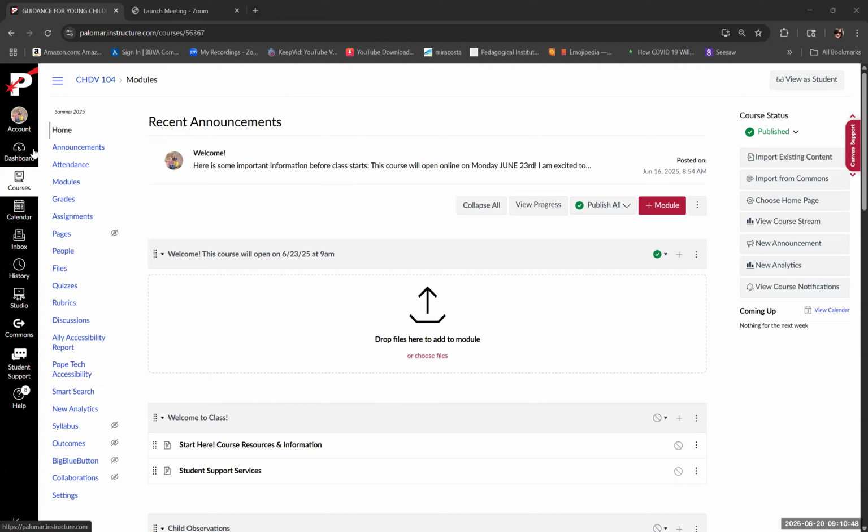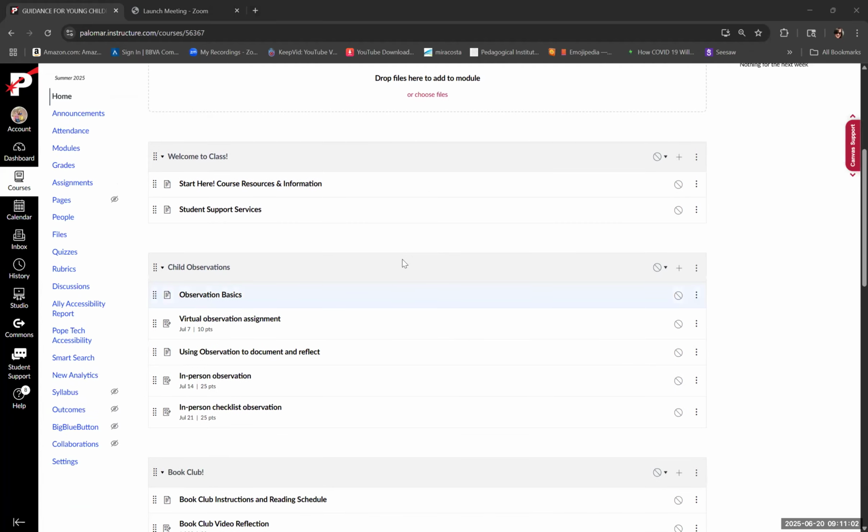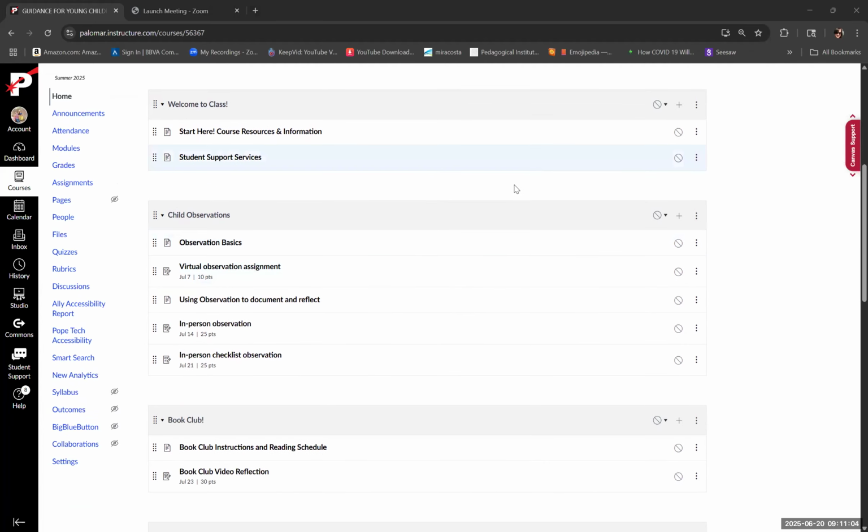Mine is going to look a little bit different because I'm on my professor view, but for the most part, we should be seeing the same thing whenever we log on. So once you get into Palomar and once you click on the 104 course, it should look something like this. The very first module will always remain the same. It is our Welcome to Class module, and it says Start Here, Course Resources and Information. This will be this video, the syllabus, and then the textbook information as well,